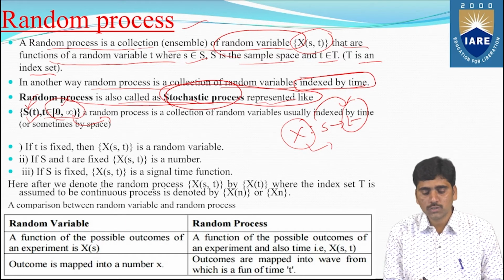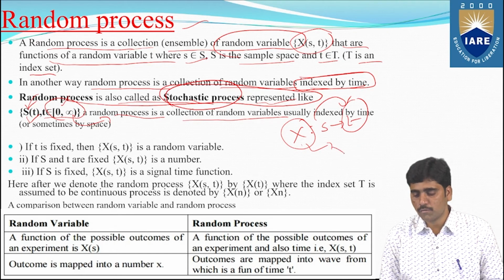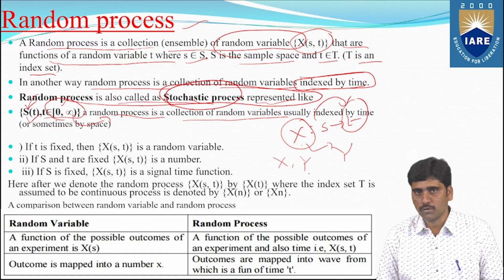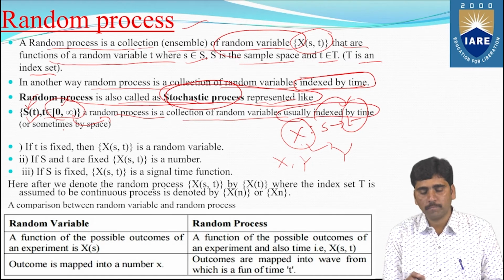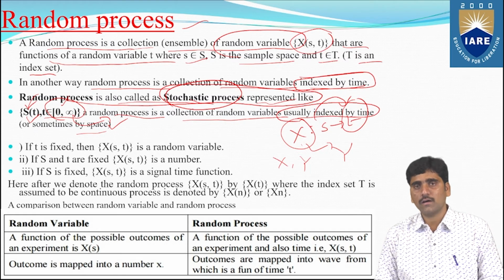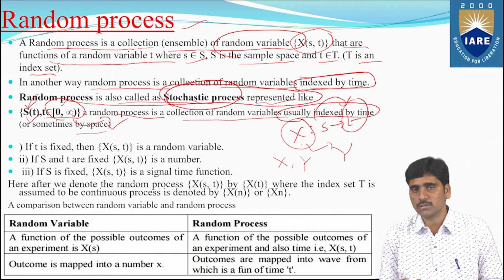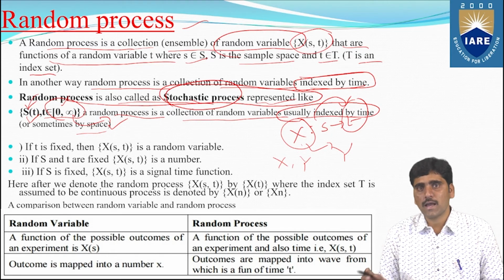So this t belongs to 0 comma infinity is a random process, and it is a collection of random variables. This x comma y, whatever the letter you write in capital, indicates a random variable. So it is a collection of random variables usually indexed by time, or sometimes by space also, sample space also, right? So that is the way you can describe this one. A random process is nothing but a collection of random variables indexed by the time from